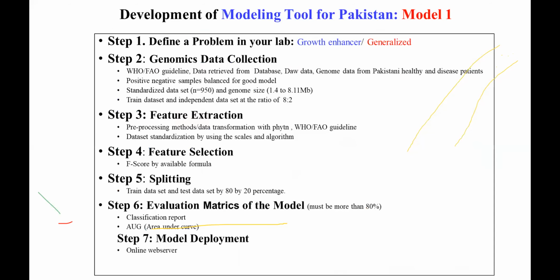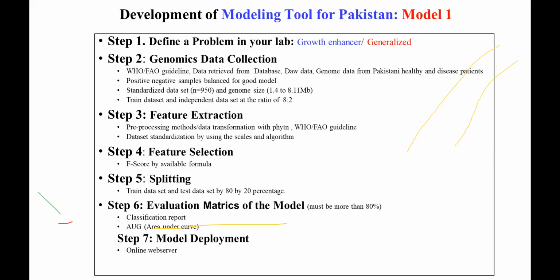Give me a few minutes, here we are. You have to focus on the backbone of machine learning, which is feature selection and feature extraction. In step number 3 and step number 4, I mentioned that you have to select your feature. If your goal is to build a biosensor, of course you have to screen out the selection for your own research area. It totally depends on the problem of your lab. So yes, of course, you can build a biosensor in a very easy and accurate way with the help of machine learning.